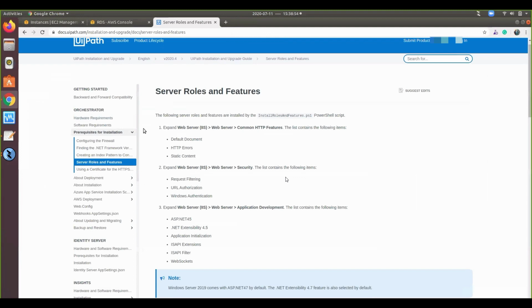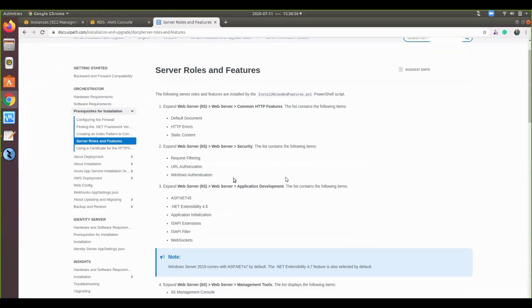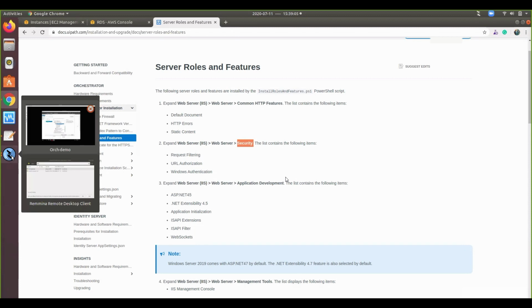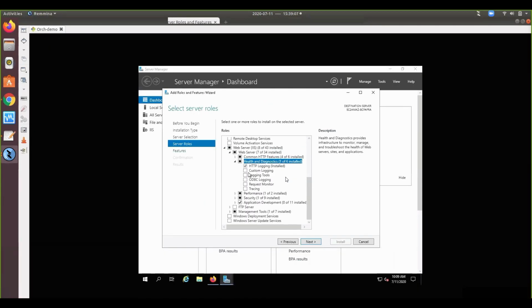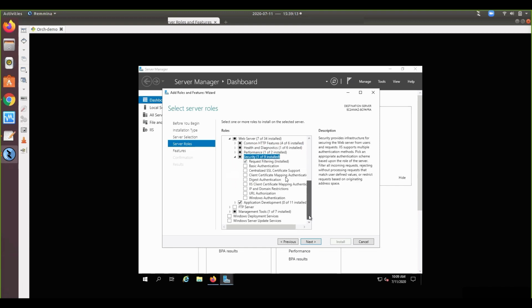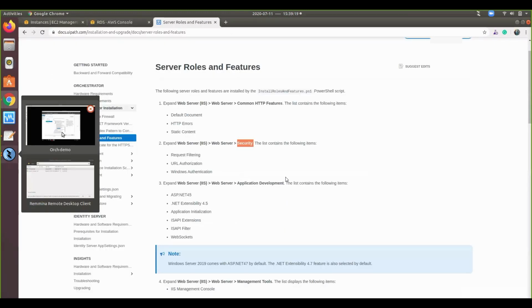And again, they didn't mention anything about health. Now they are talking about security. Under security, we need to select request filtering, URL authorization, and Windows authentication.